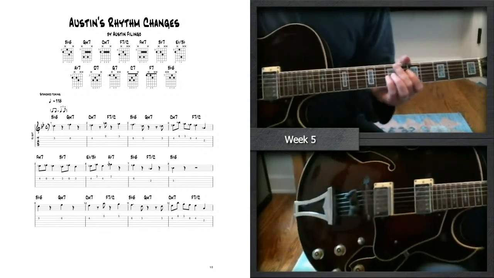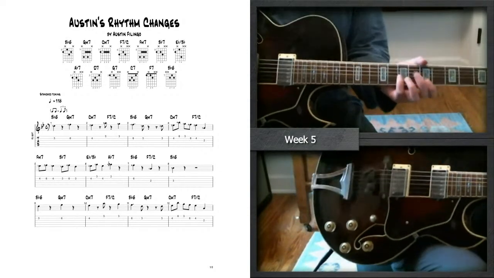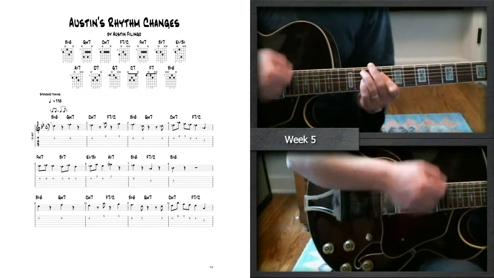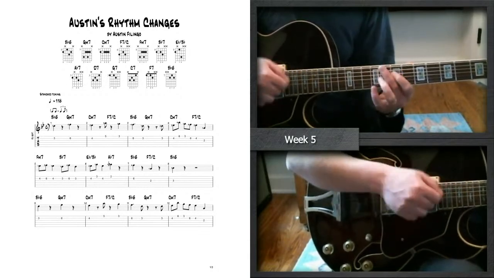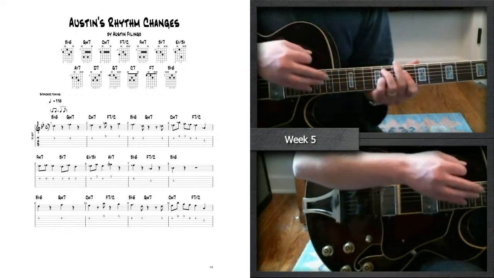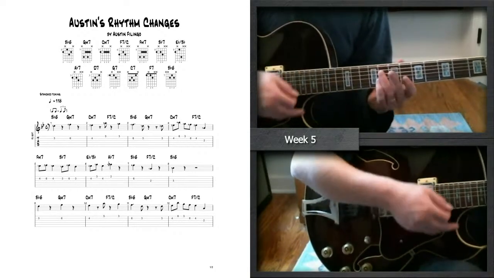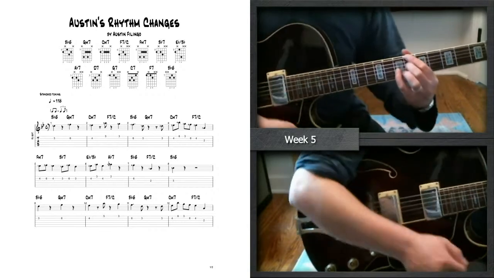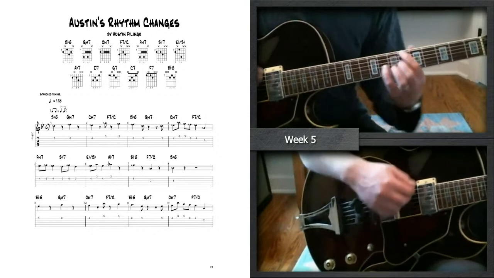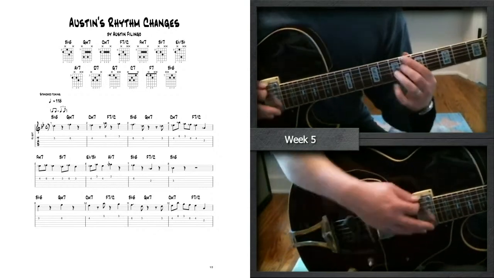So I'll explain the chords here in a second, but just the whole context of the A section we have 1, 2, B flat, G minor, C minor 7, F7, again, B flat, G minor, C minor, right, F7, and then we have F minor 7th, just like this, just down 2 frets, to B flat, right,